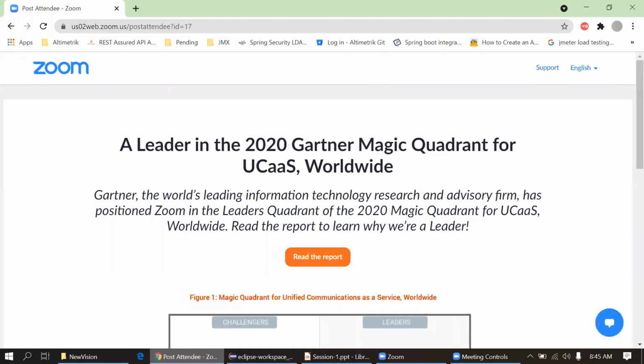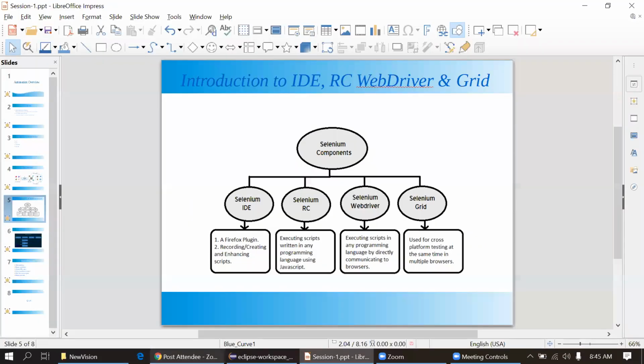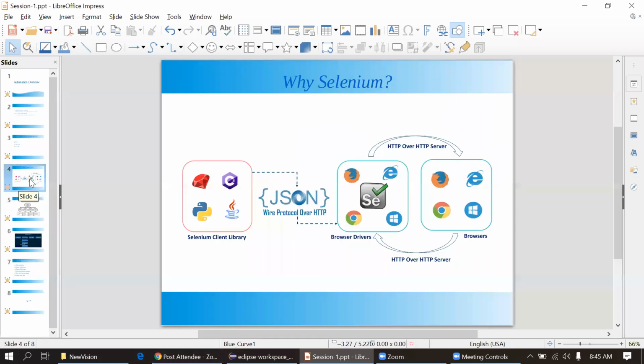Yogesh, sorry to interrupt. Ritesh, to answer your question, the wire protocol is just the basis of communication, wherein any browser will communicate with the language. We write in Java, Python, Ruby, or C Sharp, as Yogesh said. Using that protocol, we just communicate with the browsers. Different browsers, if you have observed, behave differently: sometimes Internet Explorer is faster, sometimes Chrome is faster, sometimes Firefox is faster, right?